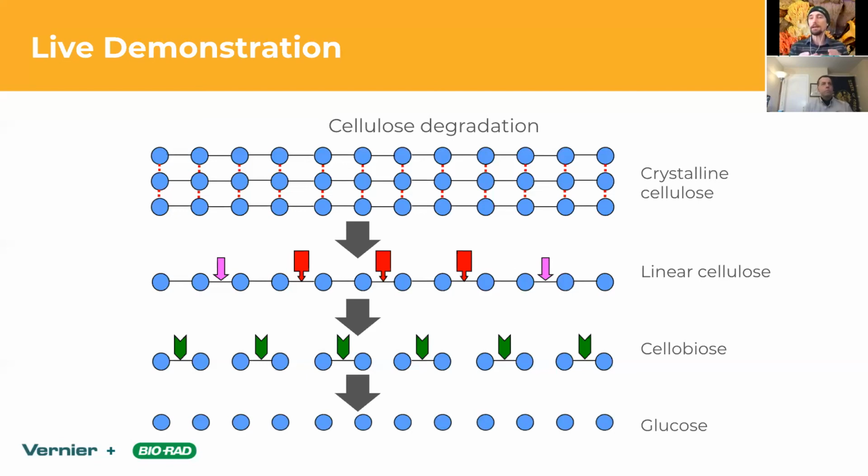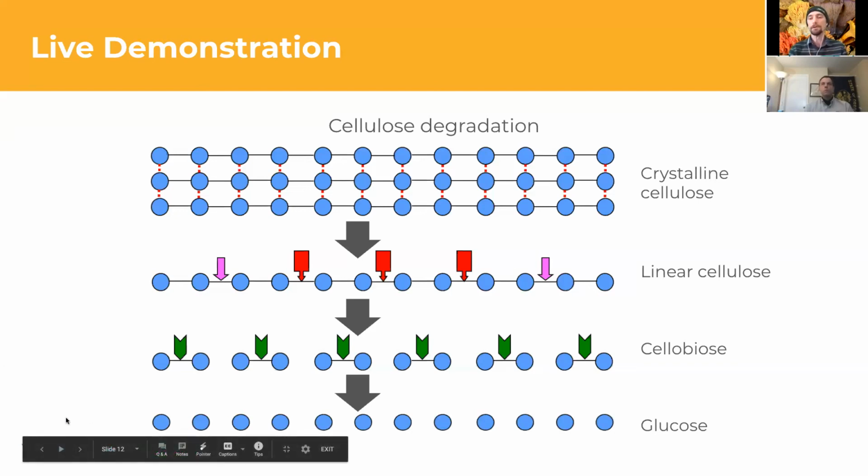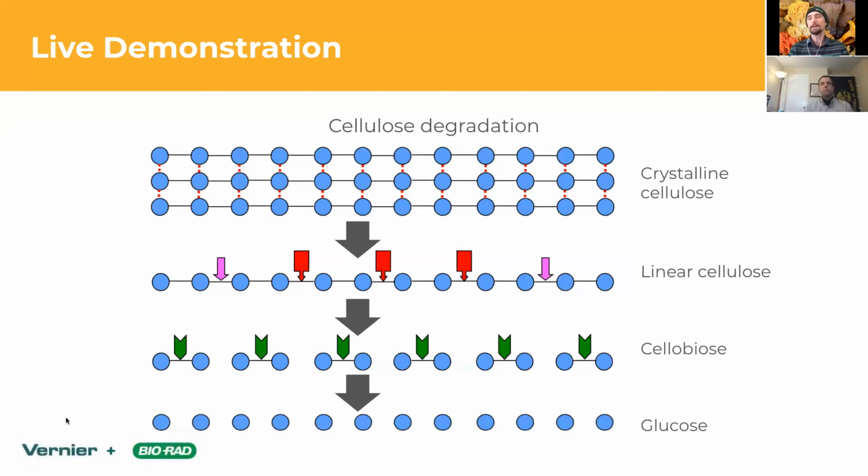But ultimately what you get down to is usually these dimers of cellulobiose, where there's actually not a huge number of enzymes, or from a niche point of view, not a huge number of organisms that produce enzymes that will break down this 1,4-beta linkage between these glucose molecules. And this is exactly the enzyme that your students are going to be looking at.